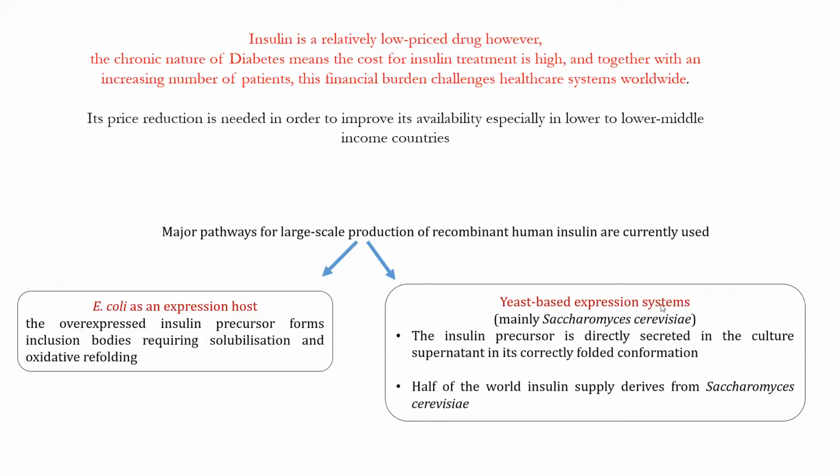And then there is a yeast-based expression system, where the insulin precursor is directly secreted in the culture in a correctly folded conformation. So half of the world's insulin supply is derived from Saccharomyces cerevisiae, where a yeast-based expression system is used. In E. coli, the insulin precursors are formed in inclusion bodies, and once you have to purify, you have to go for oxidative refolding. So in these two types of